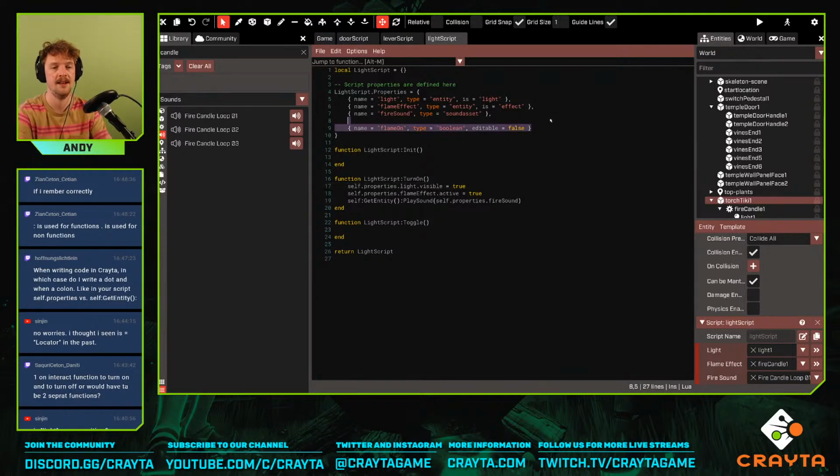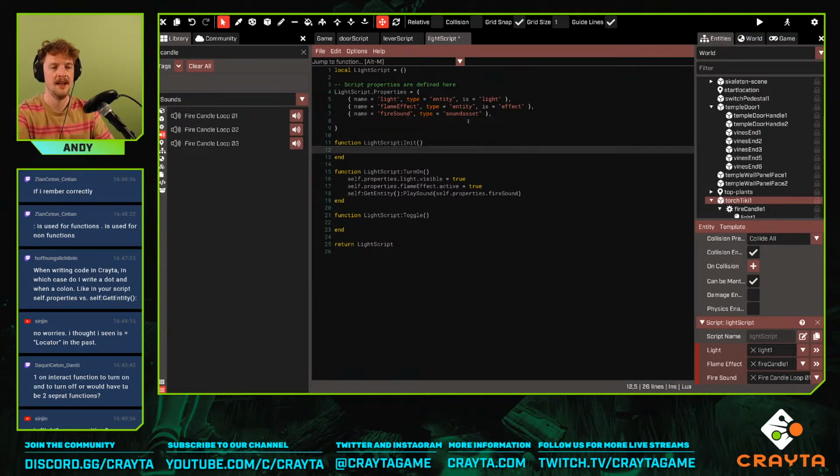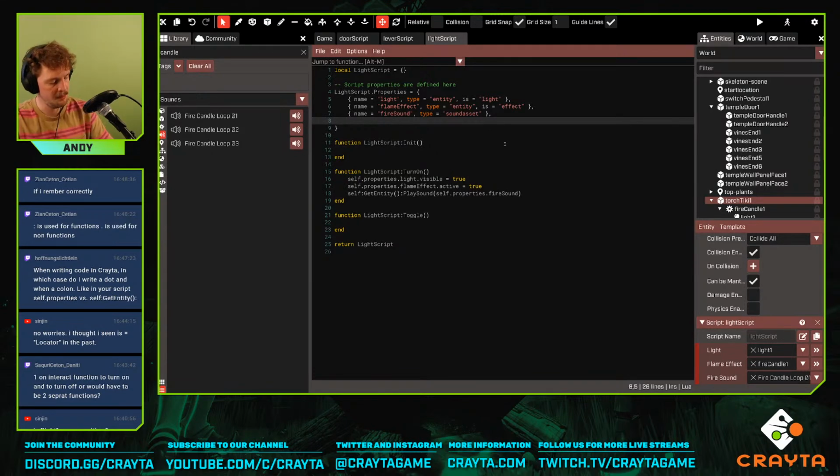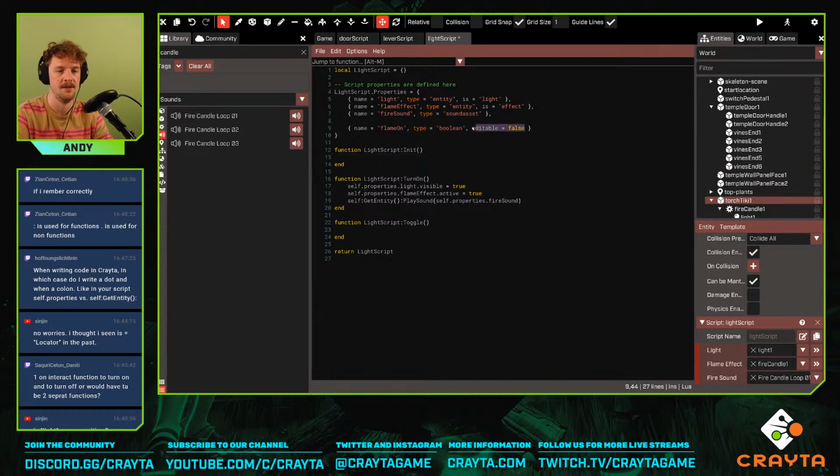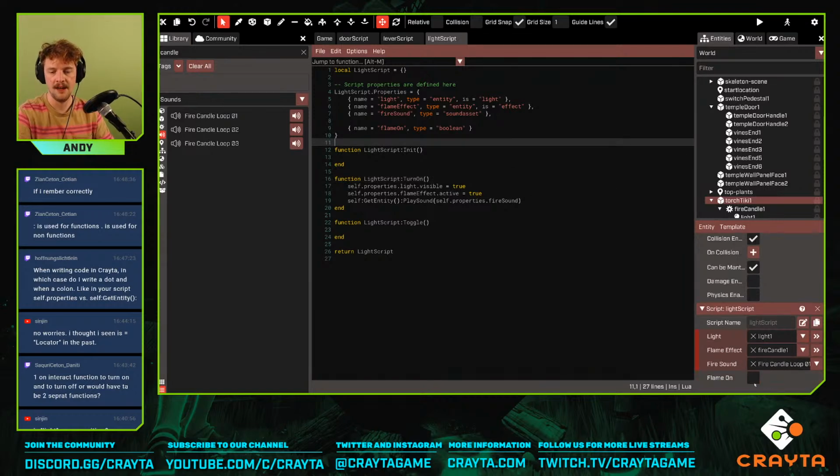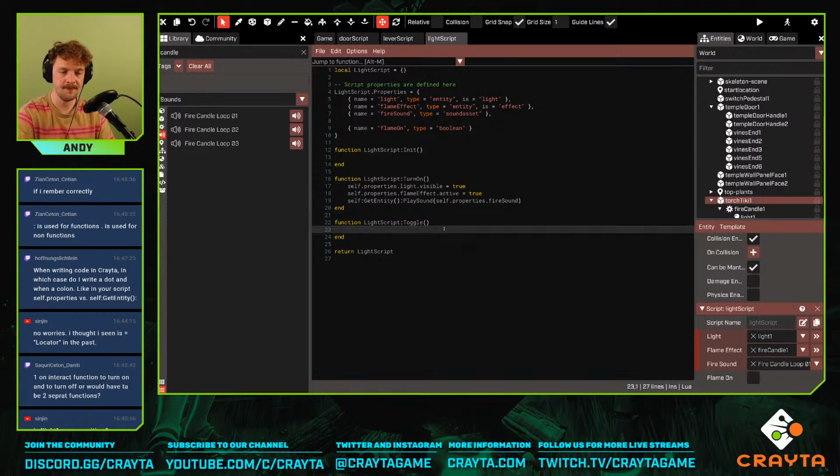So that's a handy thing if you're ever writing packages as well. If you're writing code that you want to share, that can be handy to help people from turning things off that will break it, for example. I'll leave it available for us to change in the editor, so we can decide whether we want the fire on or off to start with. Now, instead of the turn on, we're going to have toggle. I'm going to get rid of this init. No, I'm not. We can have toggle,